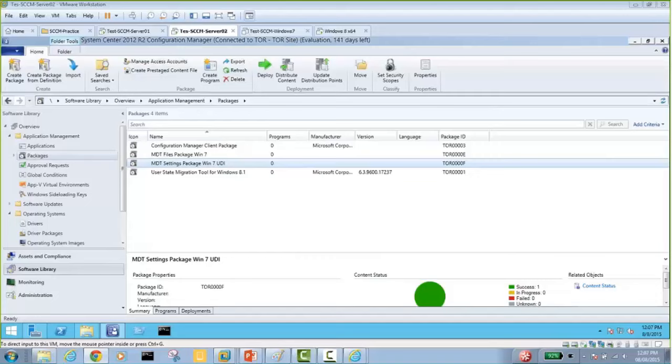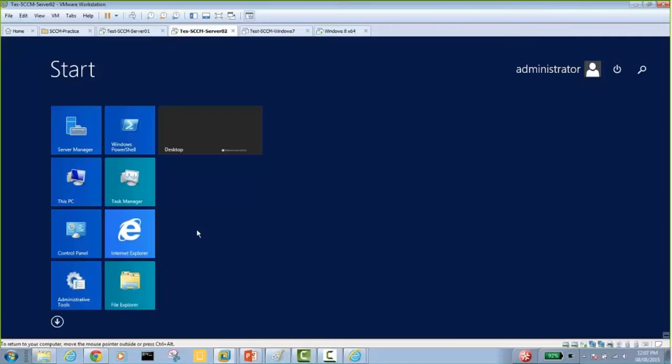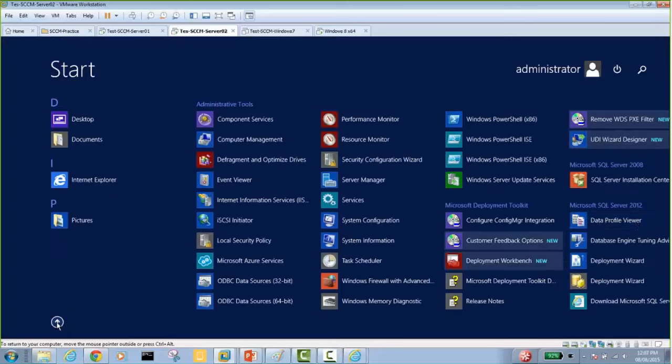So this is the second thing. This is a new thing other than the MDT task sequence, that we're going to go to the UDI. We're going to be designing the UDI package, right? So where is that? When we installed MDT, it installed many features, and I'm going to the charm now, and if you go,